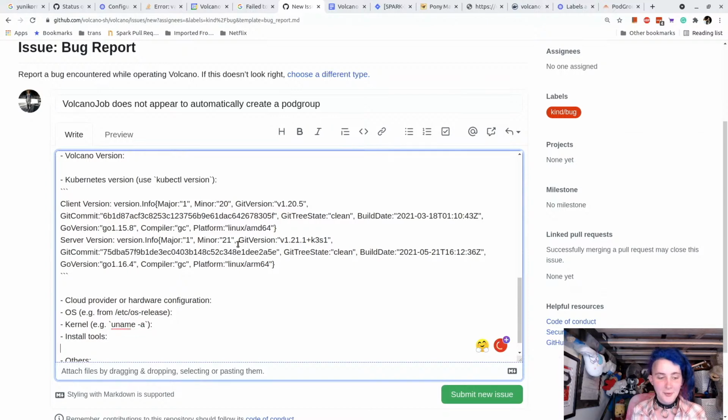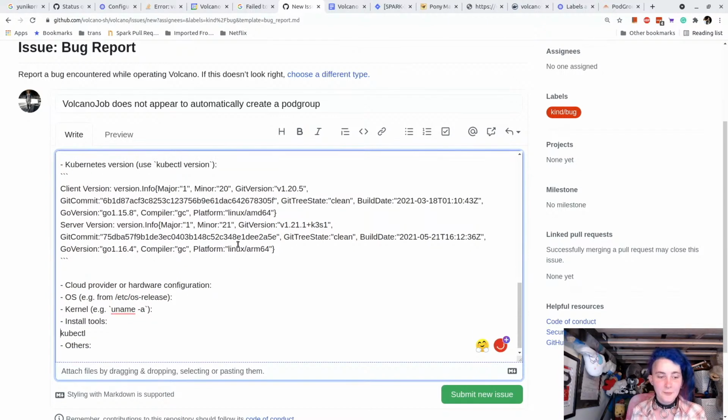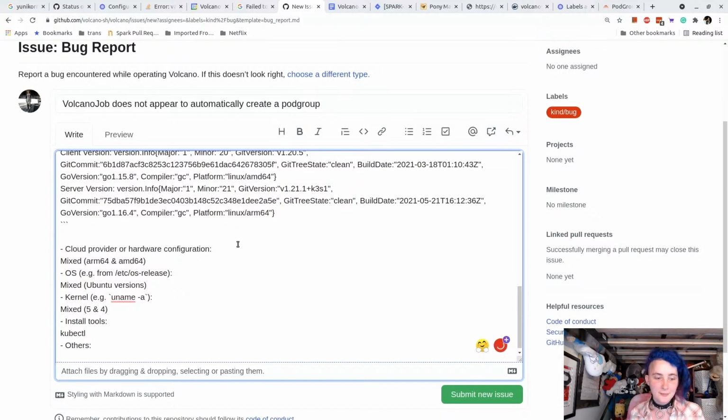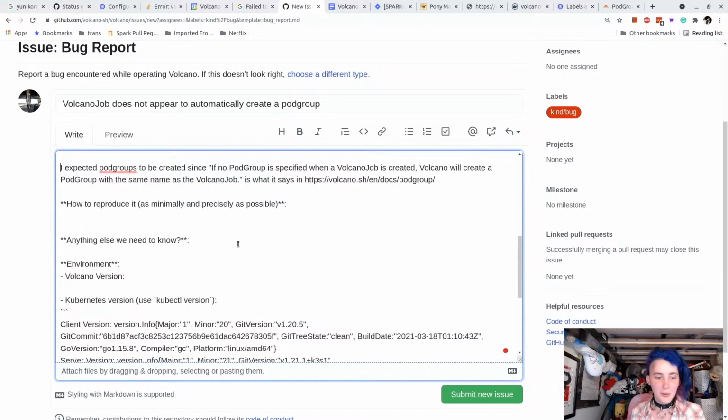Install tools, kubectl, version 1.21 or 2. Architectures: ARM64 and AMD64. Kernel version 5.4. Cool, I dig it. Volcano version, latest, as of